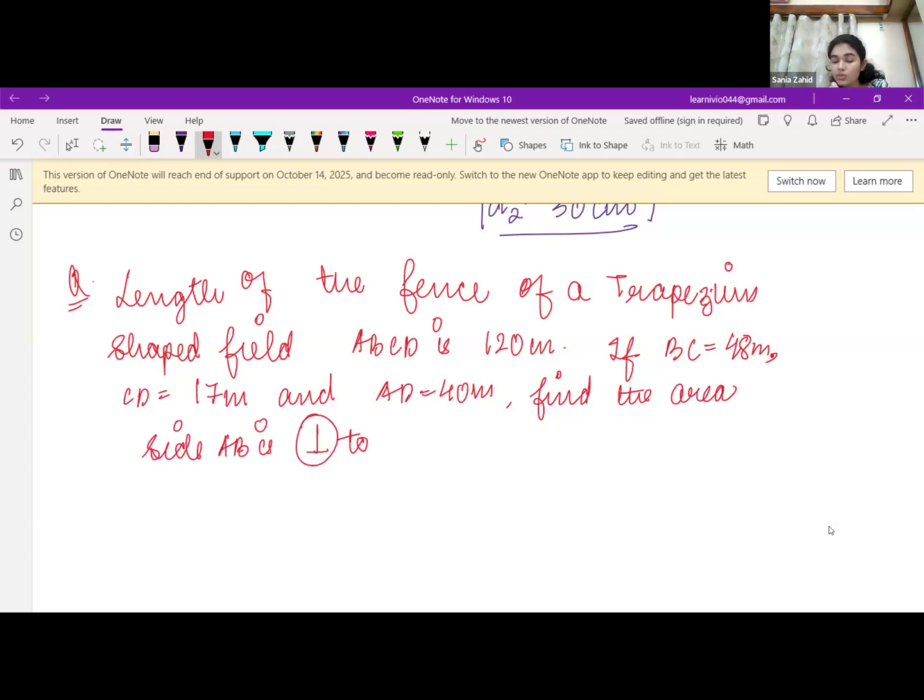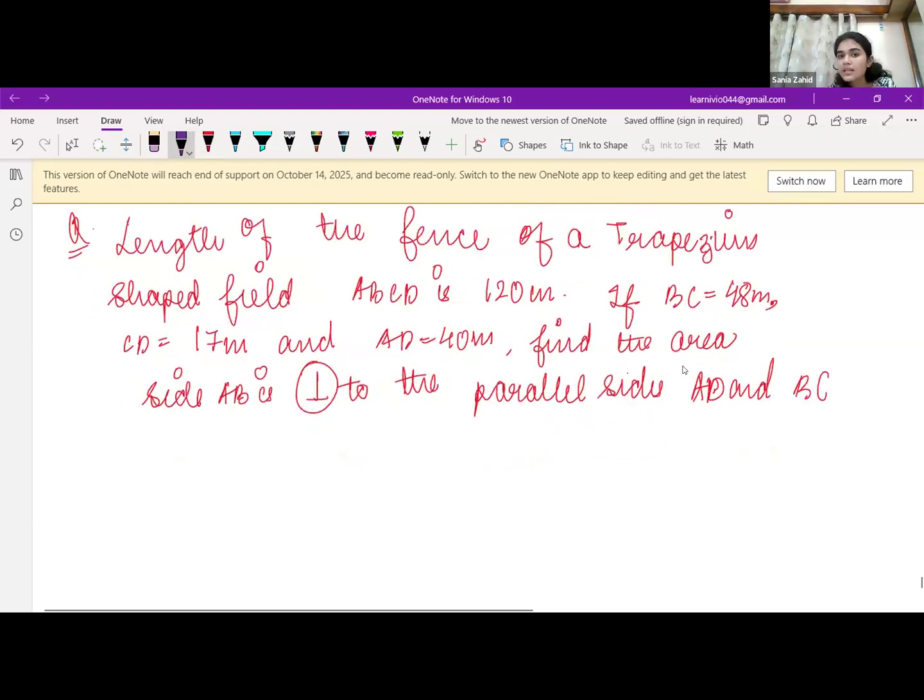Okay, I will just use it to write in the question. So just to know, you should understand: whenever I make this sign, this means perpendicular. Perpendicular to the parallel side AD and, okay. Now what happens? It is given that the length of a fence of a trapezium shaped field is 120